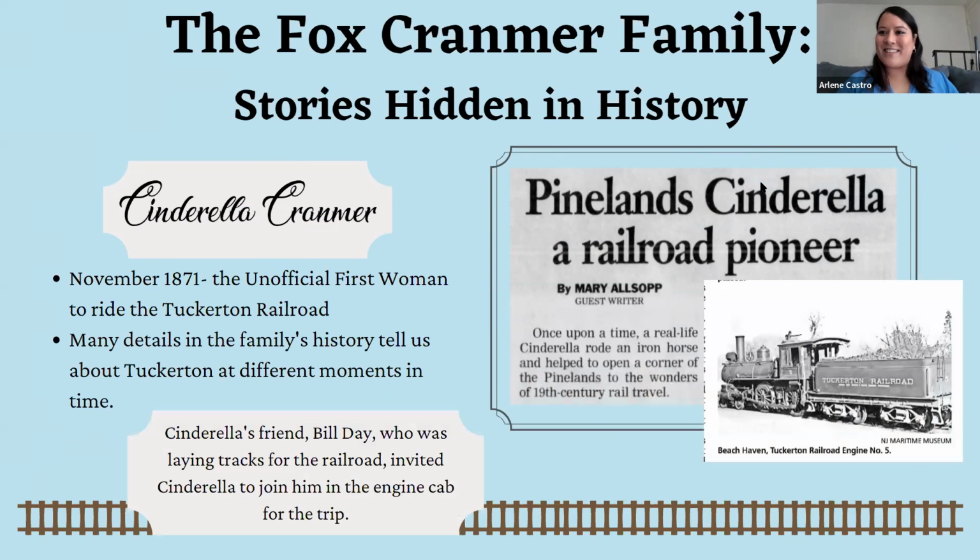So our next person that's in our exhibit is the Fox Kramer family, more specifically Cinderella Kramer. She was the first woman to actually ride the Tuckerton Railroad, and there's a very interesting story about that too. She was the unofficial first woman to ride the Tuckerton Railroad because of her friend. Cinderella's friend Bill Day was one of the engineers who were laying down the railroad tracks for the Tuckerton Railroad. He only had about 6 miles left